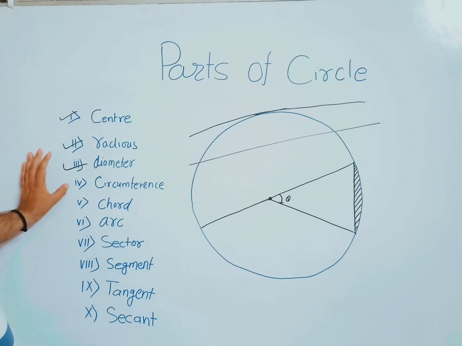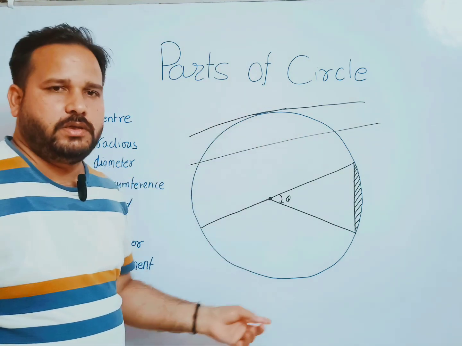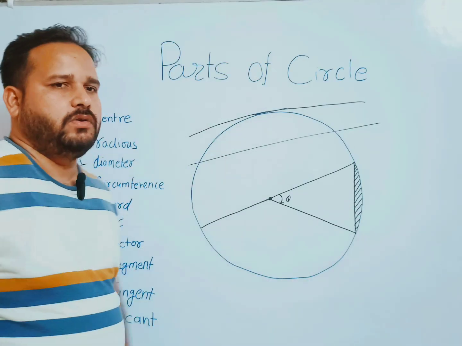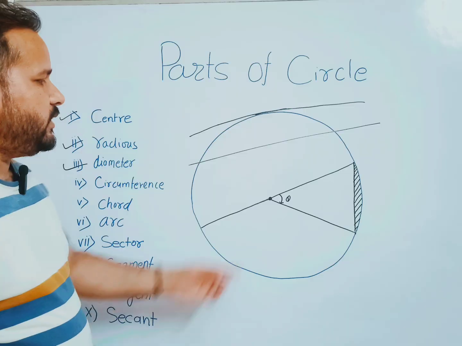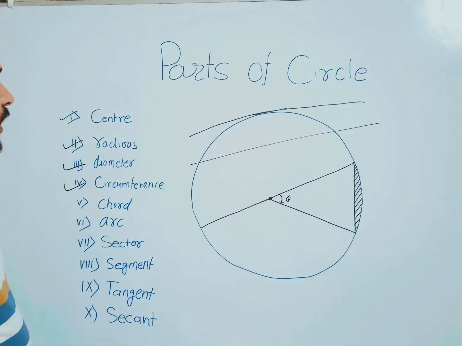Fourth point, circumference. Circumference is the total distance of the periphery of the circle. This is the total distance that is called circumference, and its value is 2 pi r. Okay, circumference. Chord. Chord is the